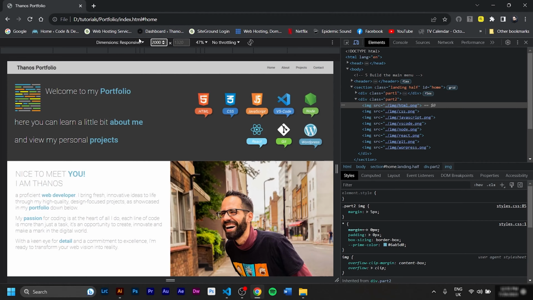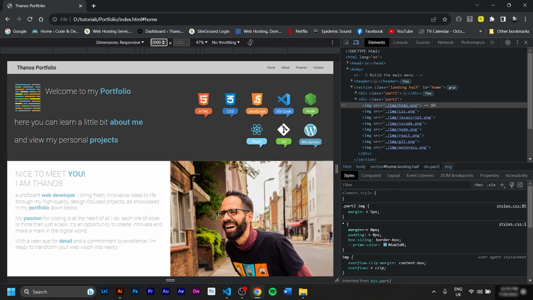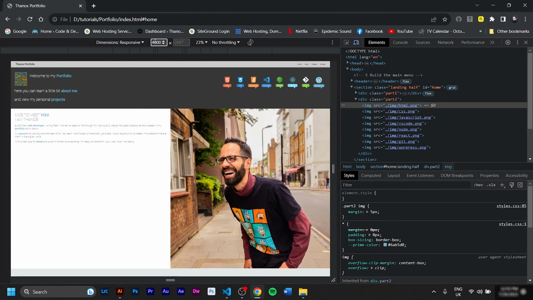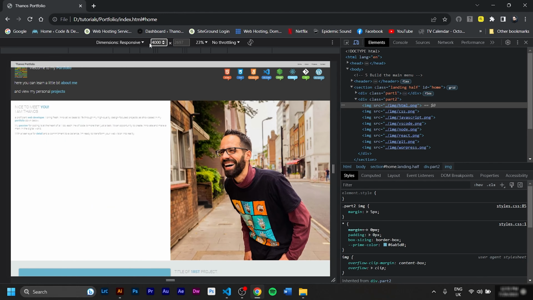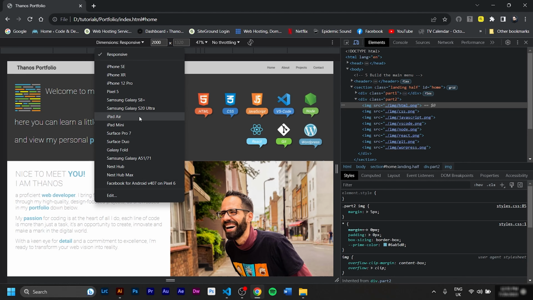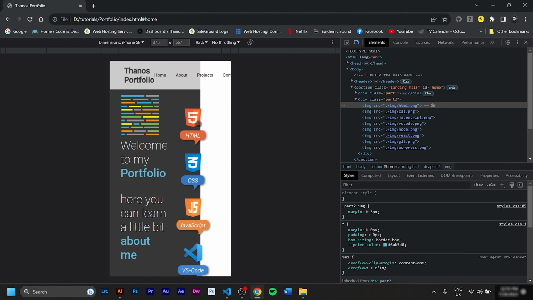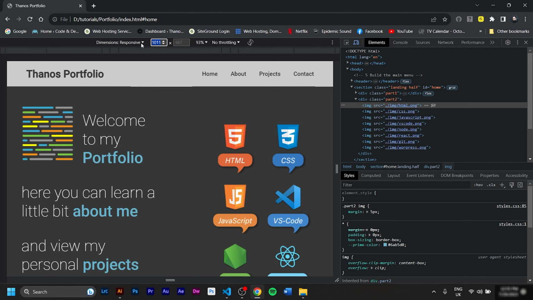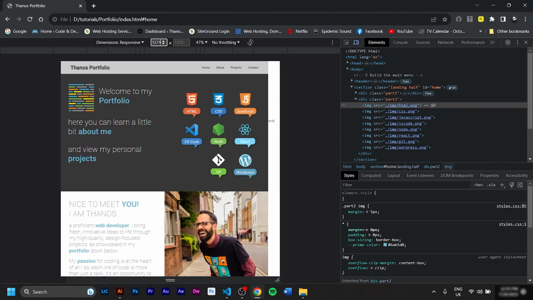Some people like to go up here and change it to, let's say, big screens. You can say like 4K resolution, and they do the site for this dimension. Then they go down to laptops, and then they work their way to iPad and smartphones. The thing is that there's always gonna be crazy devices with spaces in between, and I would like to advise you that the way we're gonna do it now is a bit different. We'll start from huge devices, okay? We'll just work our way down and we'll see when our site breaks.